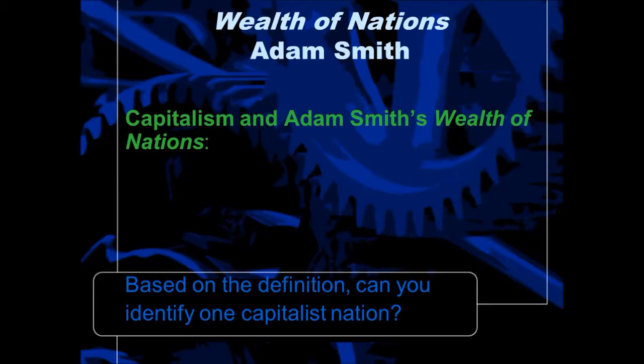Now, capitalism was first coined by a man named Adam Smith, and he wrote a book called The Wealth of Nations. Capitalism is an economic system that is based on private ownership, so an individual can own it, and investment of money in order to make a profit. So by this, businesses would run by market competition. You have to have competition. You have to make sure that competition is not impeded.